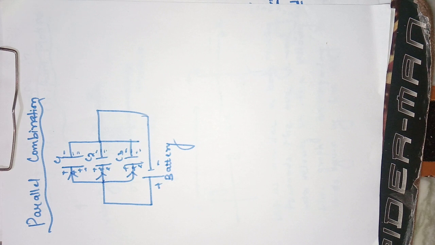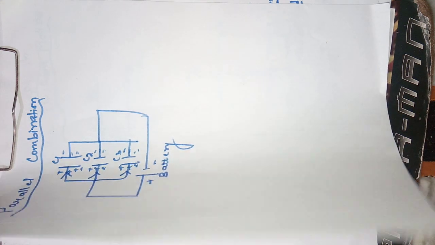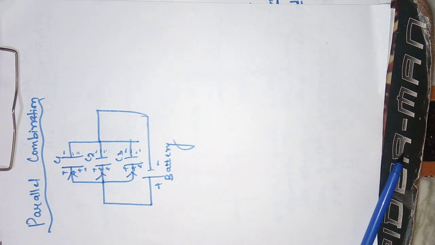If you want to write in detail, I want to say one simple thing to you, that there is no need of writing the detail in it, that we have connected the positive plate of one capacitor to the positive plate of another capacitor, or similarly we have connected the negative plate of one capacitor to the negative plate of another capacitor. This simple thing is clear to the examiner, is clear to the basic persons.